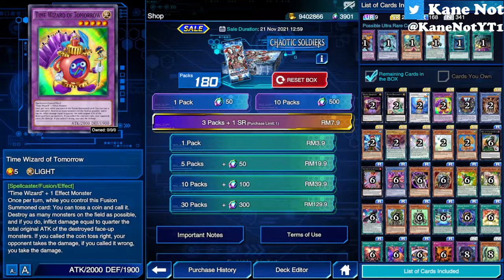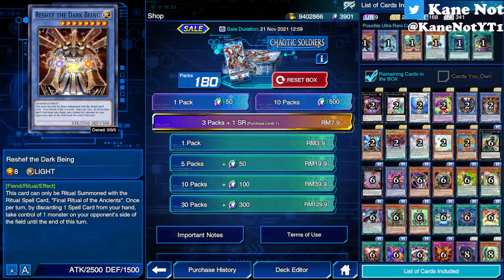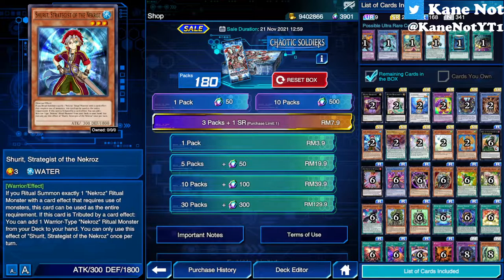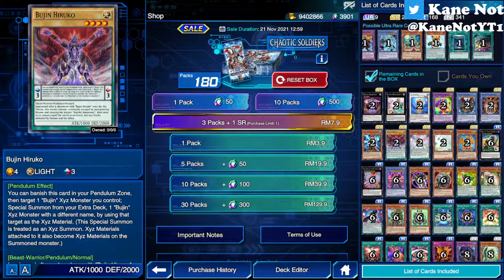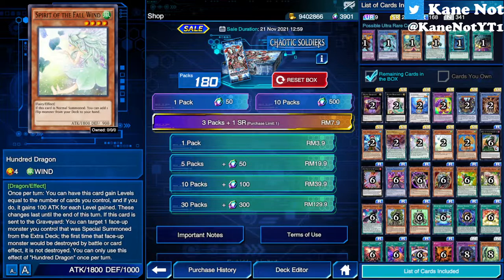Oh, okay. So basically like Time Magician, but destroys as many monsters as you want. That's a pretty nice effect. Next up, Gishki Zelgigas, Rishi the Dark Being, Necros Strategist, Fujinki Hiruko, Professor Odd Ice Unicorn, Spirit of the Fallwind,